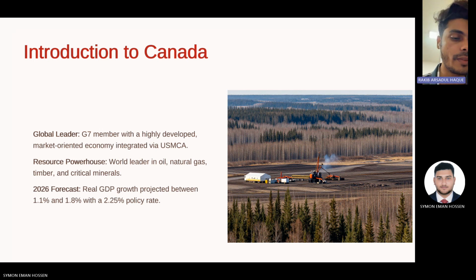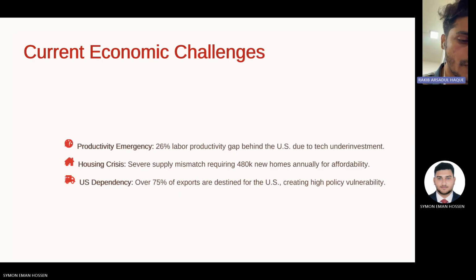This is the most significant structural headwind we currently face. The productivity gap. There is currently a 26% productivity gap in labor output per hour compared to the United States. The discrepancy stems from decades of underinvestment in machinery, equipment, and